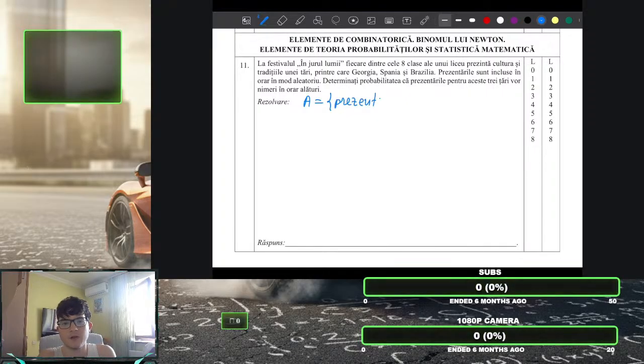That is what we have to understand right now. So obviously, total number of cases and favorable ones. For the total number of cases,